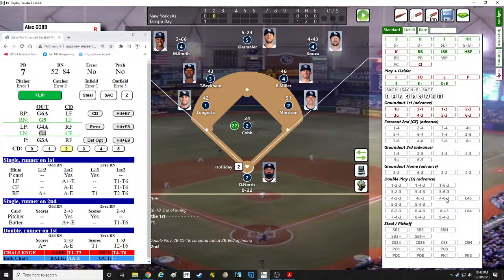And your score is still 1-0. Matt Holliday for the Yankees comes to the plate. Alex Cobb with the pitch. And that's going to be an error check here. Is 7. And Holliday is a right-hander, so it's coming off Cobb's card, 27 right-hander. And that is going to be